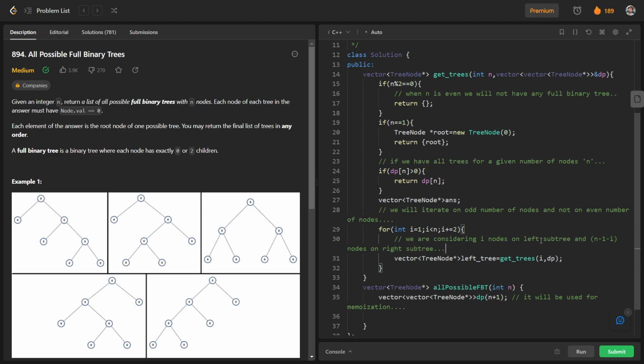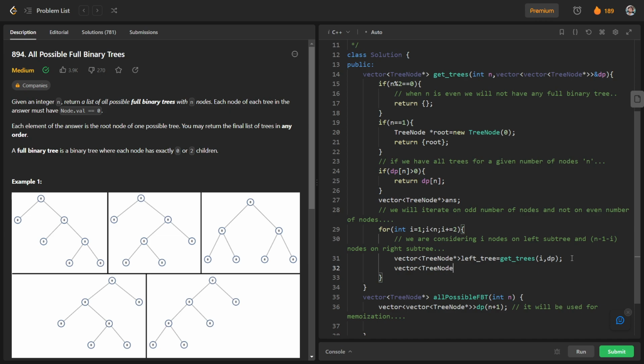Okay, so we will get our left tree using this function. We will solve for i, dp recursively, and for the right part we are going to solve recursively again, and we will get it. So right tree is nothing but getTree, and the number of nodes will be n minus 1 minus i, comma dp.